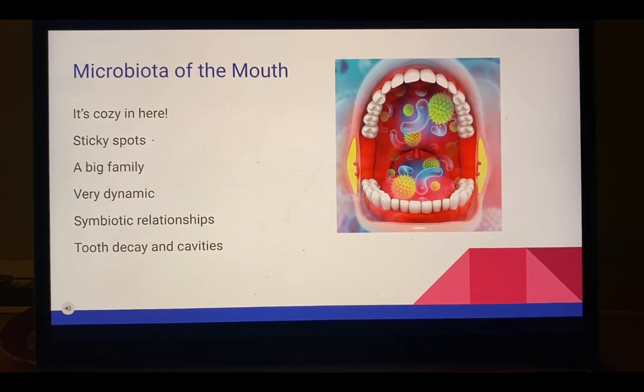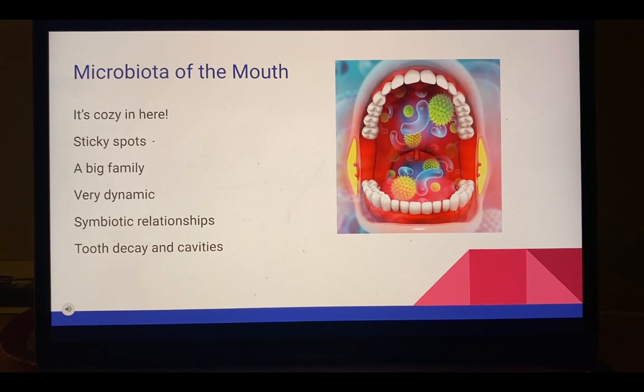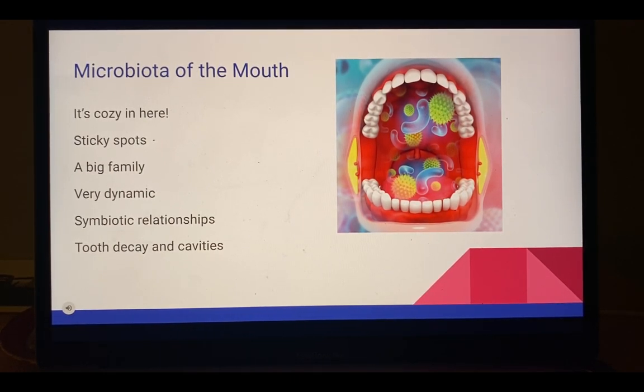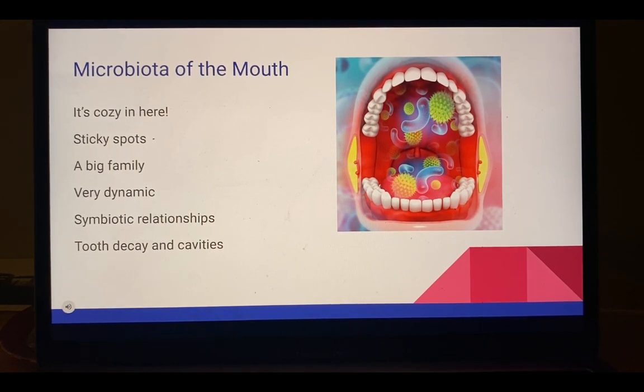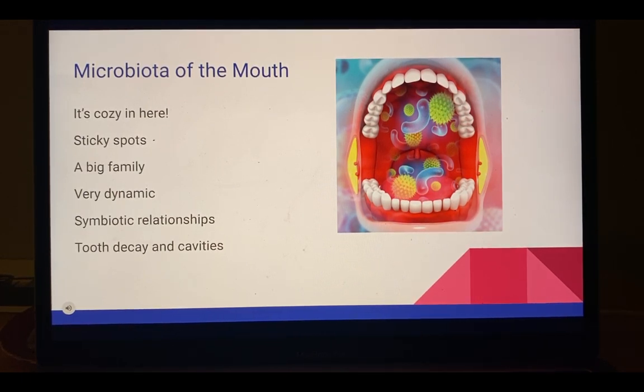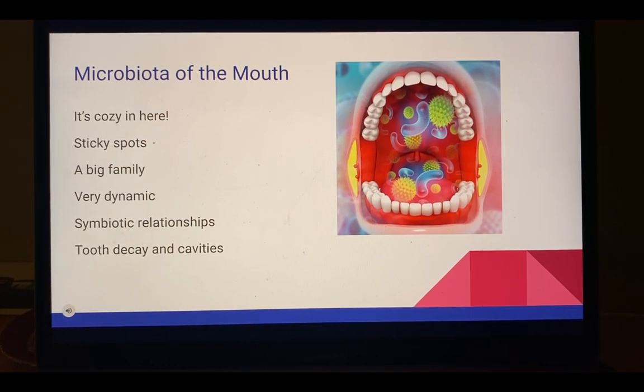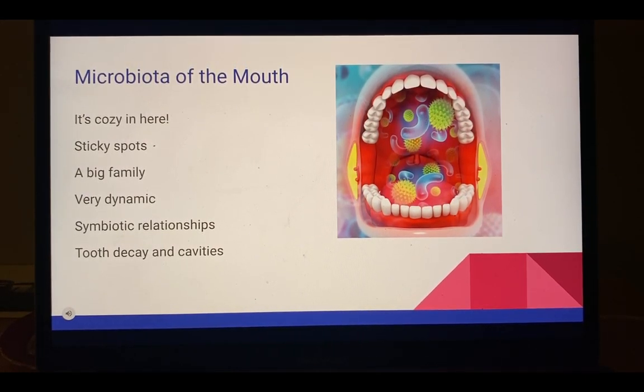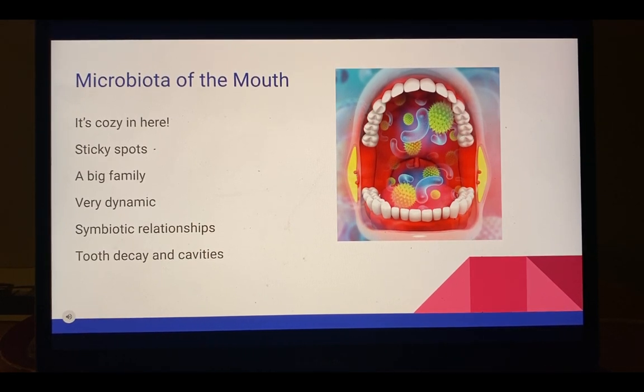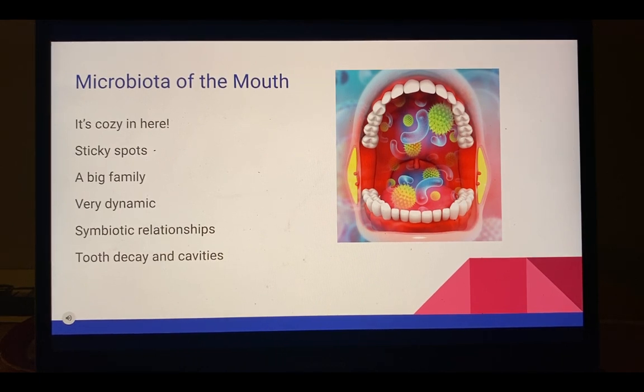Many microorganisms in the mouth have symbiotic relationships with their host. Much of the oral microbiota exists in the form of a biofilm that helps maintain oral homeostasis, protect the oral cavity, and prevent disease development. Imbalances within the oral microbiome can lead to tooth decay and cavities. When the bacteria are able to colonize the surface of the tooth, they may produce acids that can demineralize the tooth's enamel or cementum covering the root and the underlying dentin. With enough deterioration, bacteria gain access to the pulp chamber, and if the pulpal tissue becomes infected, this infection can destroy the pulpal tissue and extend out to the roots of the tooth and into the surrounding periodontal tissues.